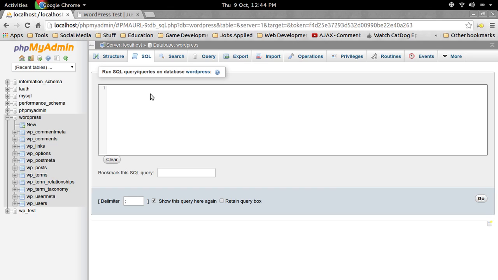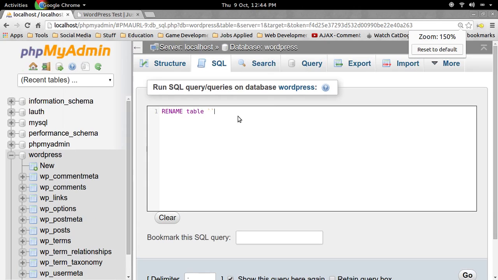We're going to write out some SQL, and we're going to start out with RENAME, all capitals, and we're going to rename the table all lowercase, and then we're going to use two backticks to indicate what table we want to rename. And if you can't see that, I'm just going to zoom in just a little bit on my browser. Backtick is the key that's directly underneath your escape key, so the same key that tilde is on, just without shift. And so we're going to rename WP, I think it's comment meta is what it's called,